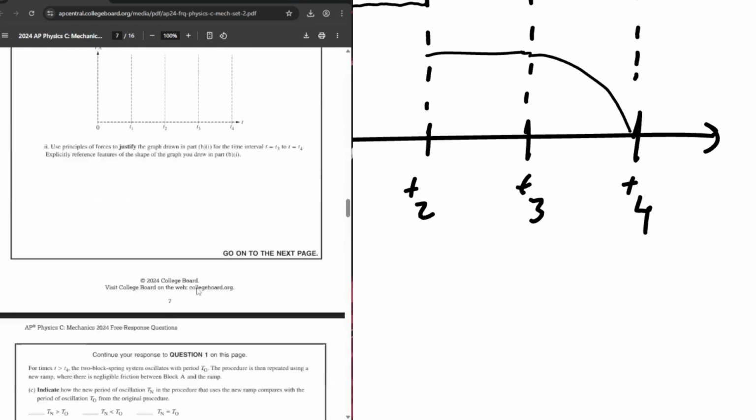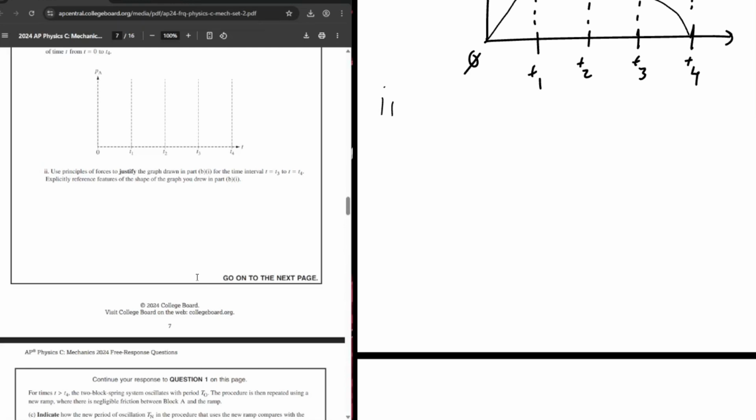So let's see the next question. It says, using... Oh, I hate this. I'm not going to torture you guys with my handwriting. I'm just going to talk about it. Use principles of forces to justify the graph from time interval t equals 3 to t equals 4. Okay, so we just did that. The graph will be concave down. So we're going to reference the figures, concave down and